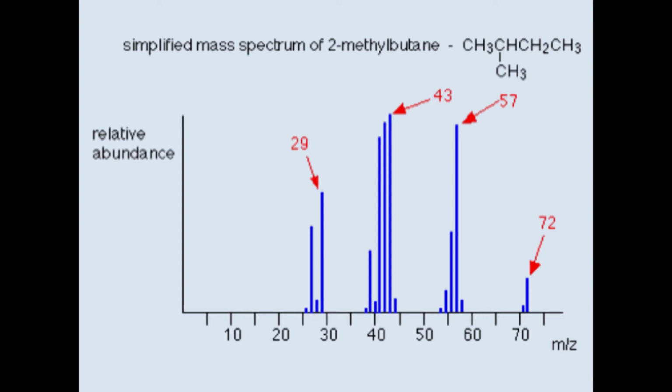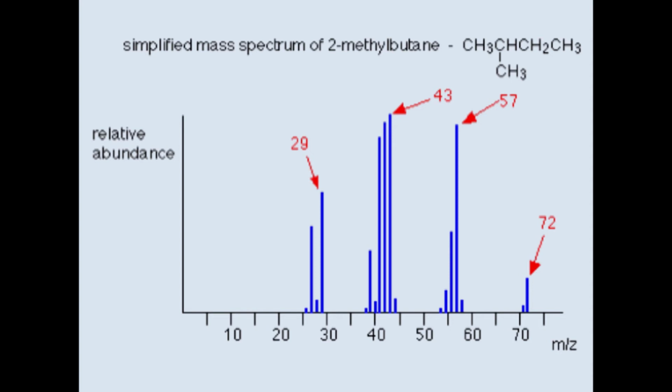Simplified mass spectrum of 2-methylbutane. Here 43 has the highest abundance. This is from the CH3 secondary carbocation, and the parent molecular ion is 72. For the greatest stability of secondary carbocation, we are getting here the highest